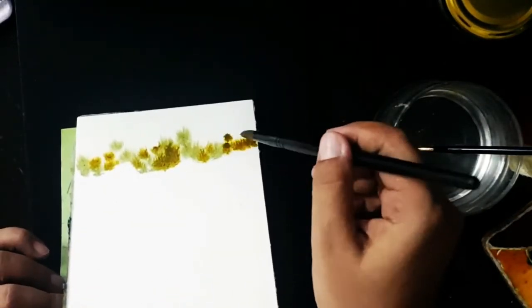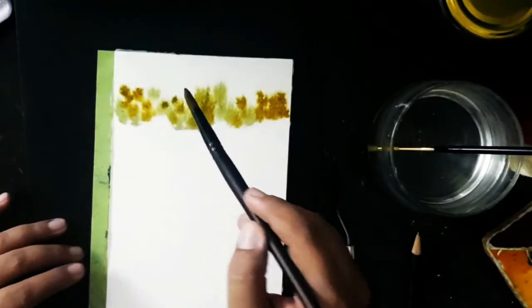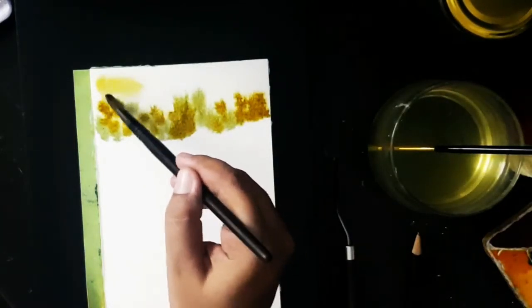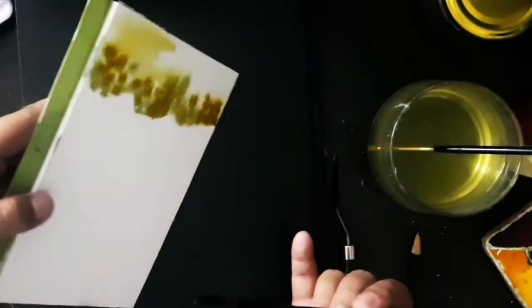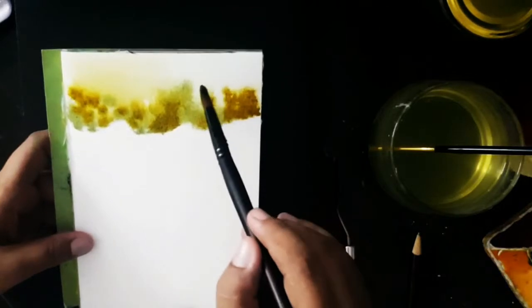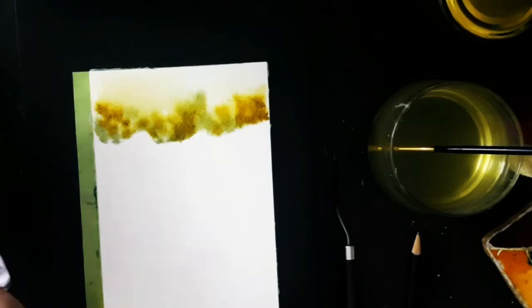And here, as I'm done dropping the pigments, I am just tilting the paper so the color flows towards the upper part of the painting. And now I wash my brush and I'm adding some more water, and see, I am making the pigment move with the water, dropping in some more water and trying to move the pigments